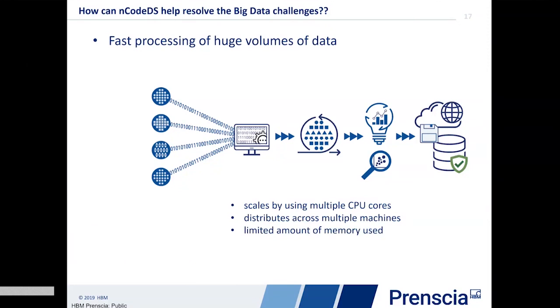The data is streamed through the processing network, right? And that's the way it works. The data is broken down into relatively small chunks that we call frames, and all this enables us to limit the amount of memory that's used. Talking about the data, the data can be streamed in nCodeDS like live data, right? Most applications use